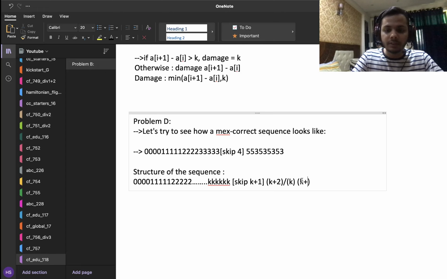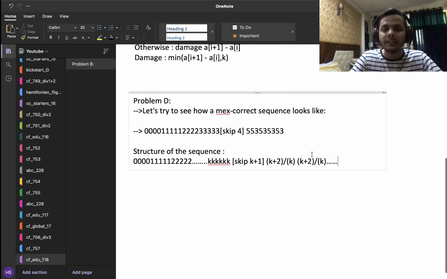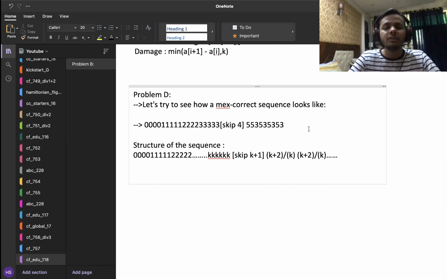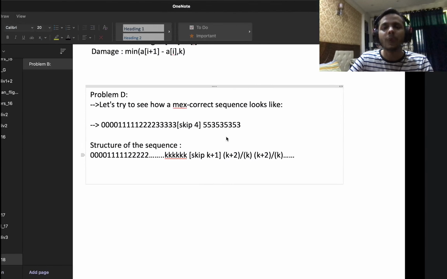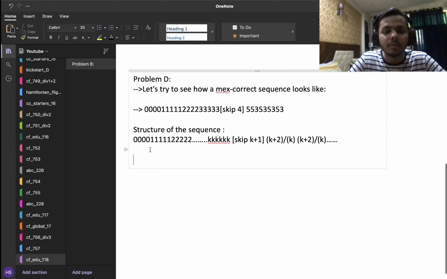I'll be putting k plus 2 or k, and this is just going to continue indefinitely. So this is basically what the structure of the sequence is going to look like. I will start with zeros, and then I will put some ones, I'll put some twos, and up till a particular value k, I don't decide to skip any number and I choose consecutive numbers. But after a particular value k, I decide to skip k plus 1. And once I decide to skip k plus 1, then I'm only allowed to use either k plus 2s or k's, because that is the only way I'll be able to satisfy this condition that the difference between the number and their max is less than or equal to 1. I hope this makes sense to everyone.